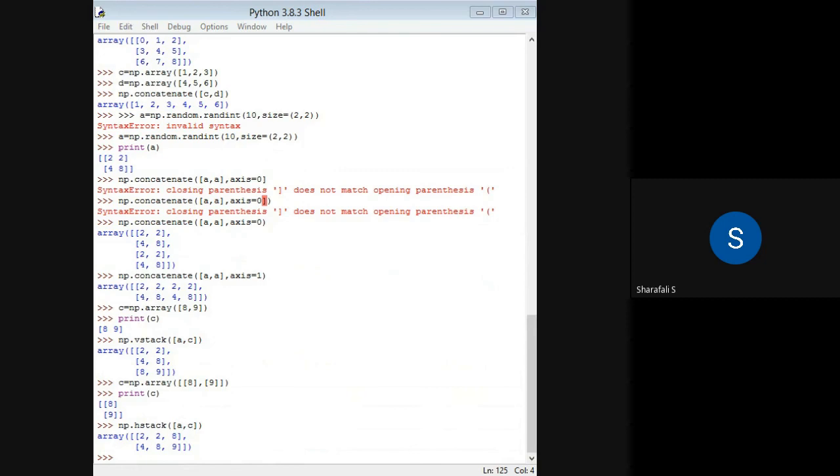And then we have array splitting. Array splitting is just the opposite of the concatenation process. We just have to split those things. In this case, we'll consider an example. Let's consider A equal to np dot array 1, 2, 3, 4, 5, 7, 8.